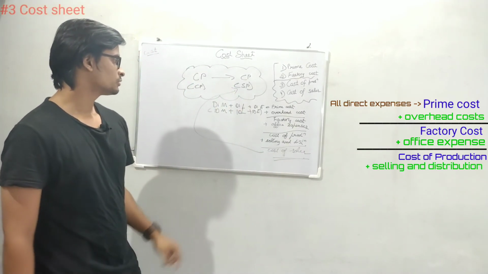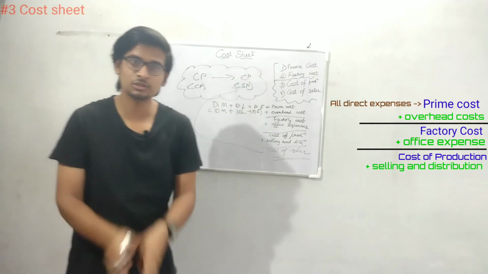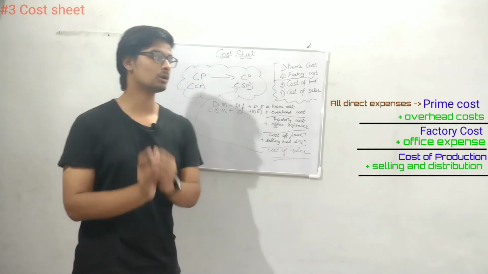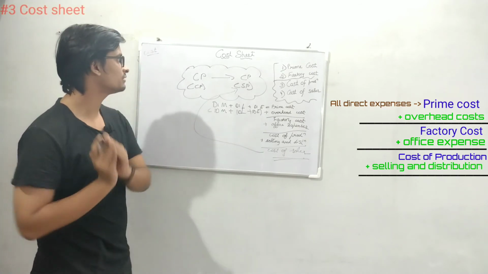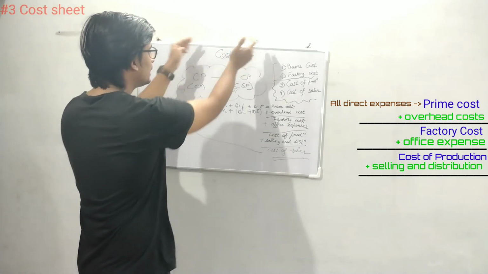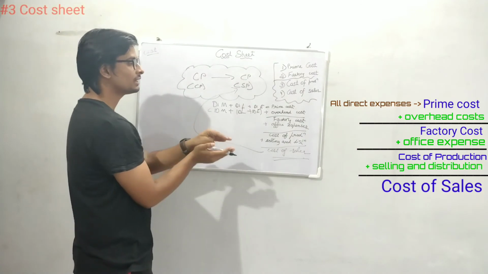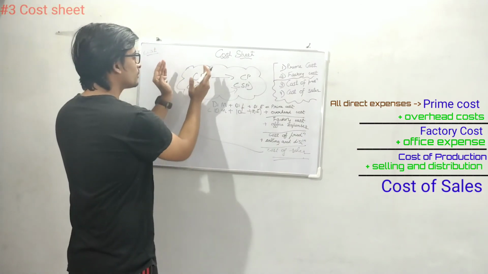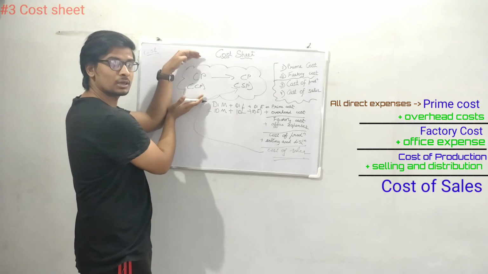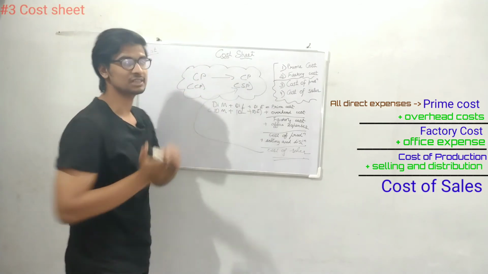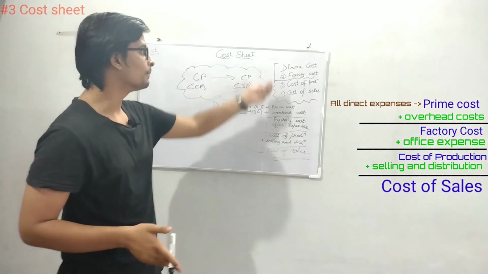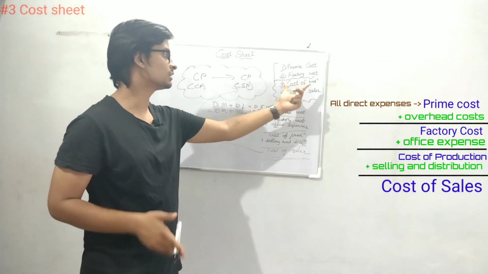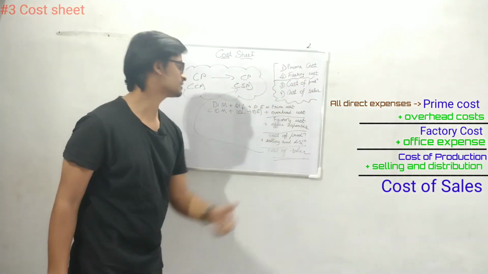So it was not at all a hectic or a complex term. Just understand it. A last moment revision. What is a cost sheet? It is a derivation from cost price at cost price to cost price at selling price. We have four types of cost: prime cost, factory cost, cost of production, cost of sales.